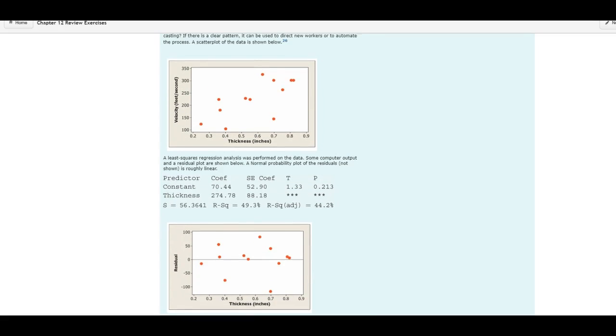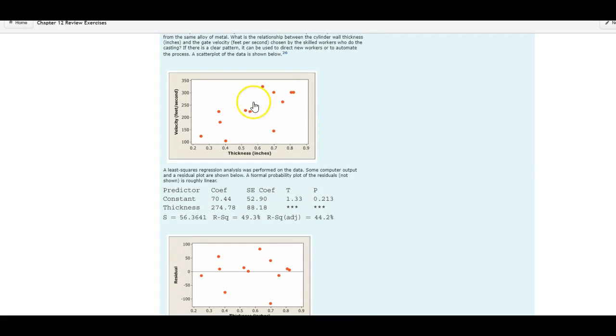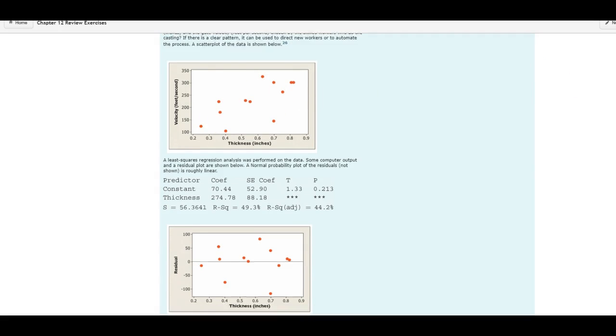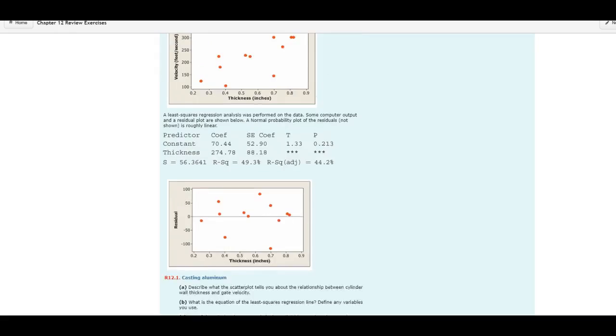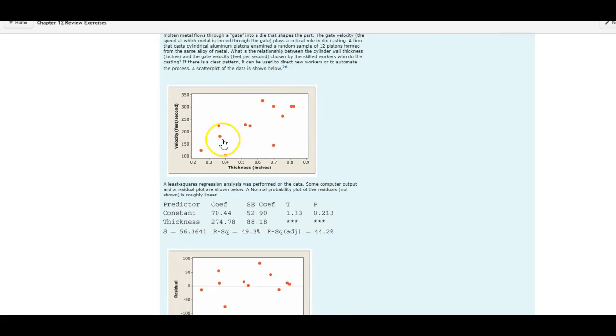Form, you're either going to say it's linear or it's nonlinear. So if I don't see that it's curving or bending, then linear should be good. If you look down here, you can see a sort of bend in the scatter plot. So I would say the form is kind of nonlinear. Definitely a nonlinear form down here. But up here in this one, I don't have any reason to believe this isn't a linear model. So I would say it's moderate,